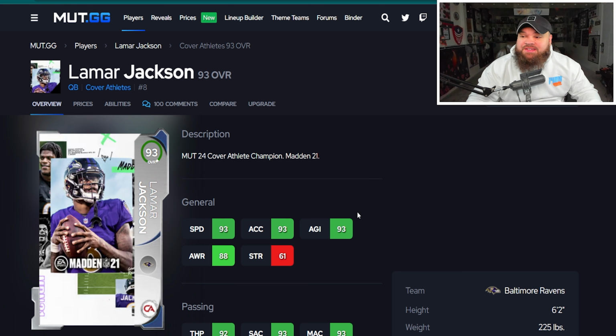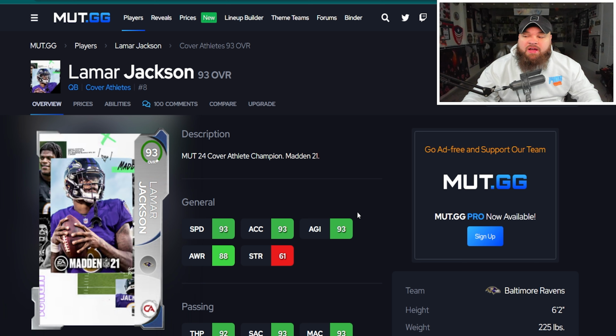And now we get kind of the scam cards right here. We get 93 cover athlete Lamar Jackson, and then after this we'll cover 93 cover athlete Michael Vick. These cards do have 94 overall versions. Right after those 2 cards, we're covering that. So the reason why I said these are scam cards is, I upload some TikTok videos as well. I get comments a lot, and I think that's a good gauge of the casual audience, right? When you look at the 93 and the 94, you're like, oh, the 93 is only a couple minus